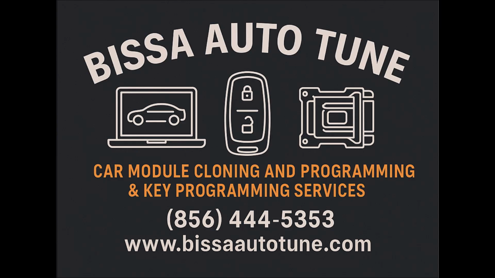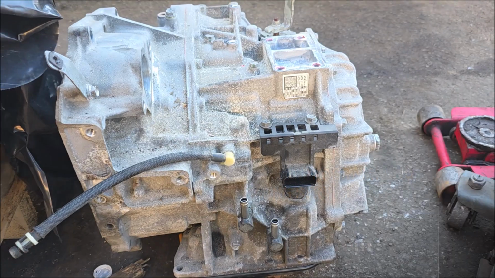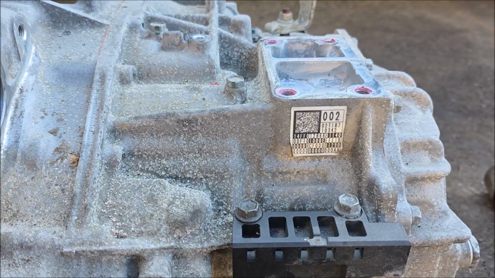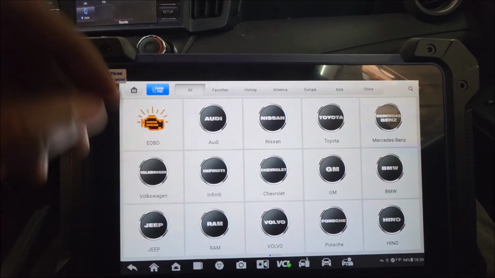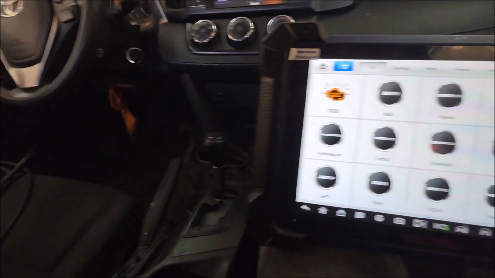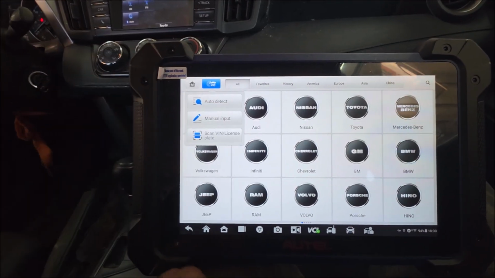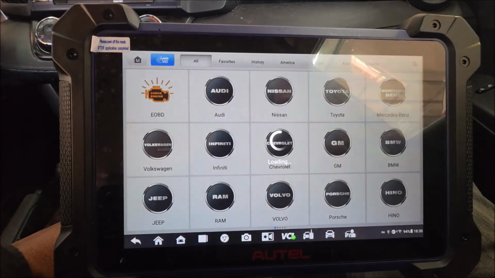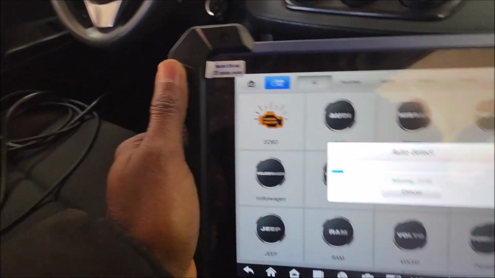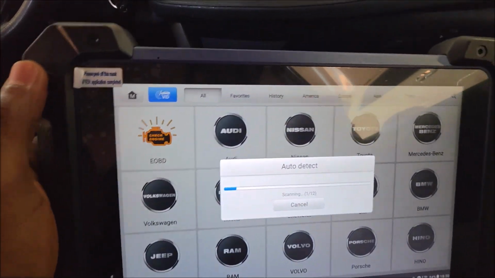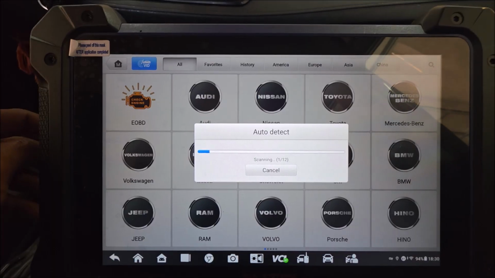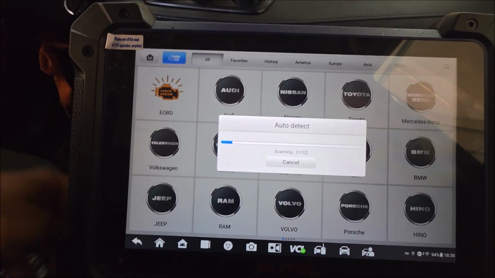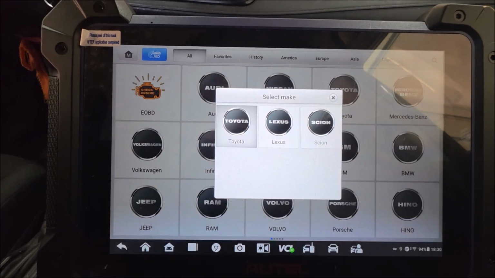Today we are working on a 2018 RAV4. This is the old transmission that came out of the vehicle, and with that barcode it stores the information of the transmission. So currently the donor or used transmission has been swapped and put into the vehicle, and we're going to program or do the adaptation so that the ECU would pick the new values of the donor transmission. So we quickly read the vehicle information